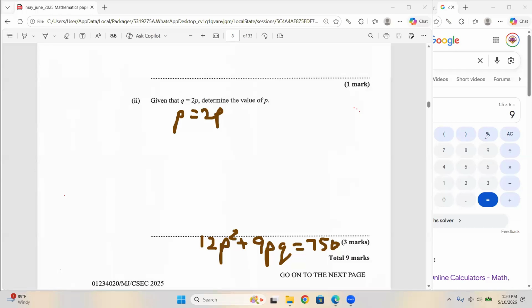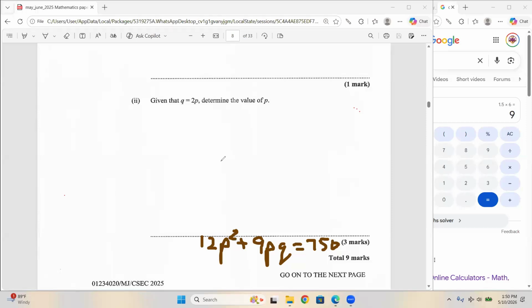But when you have two or more different letters, the only way you could solve for one of those letters is simultaneous equations. So that's how I know it's simultaneous. Unless they had said, given that Q is equal to 10, if they give us a value of Q in the question and said Q is equal to 10, use Q equal to 2P and find P, because we know the value of Q, we could find it without using simultaneous. But they haven't given us Q, so the only thing we could do is